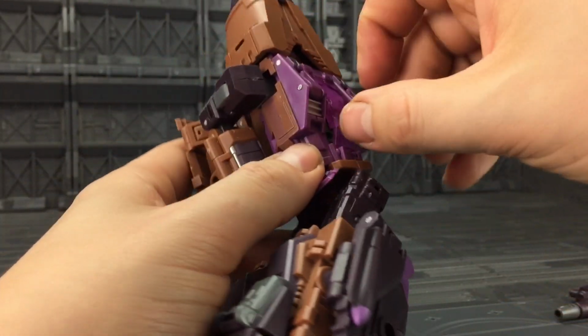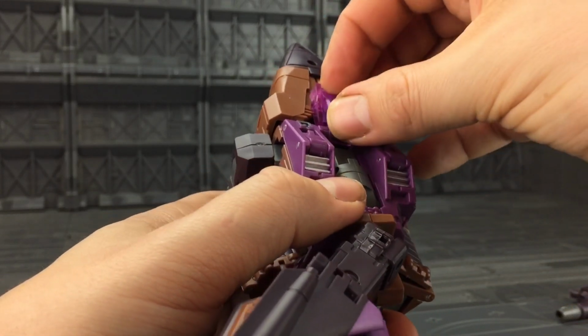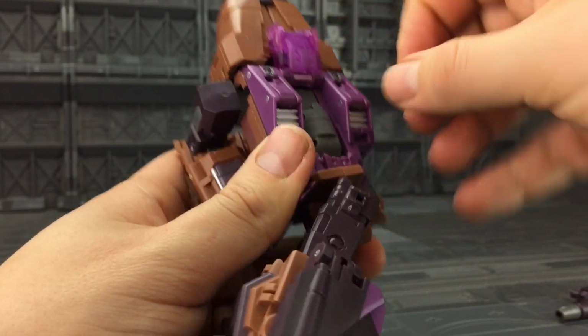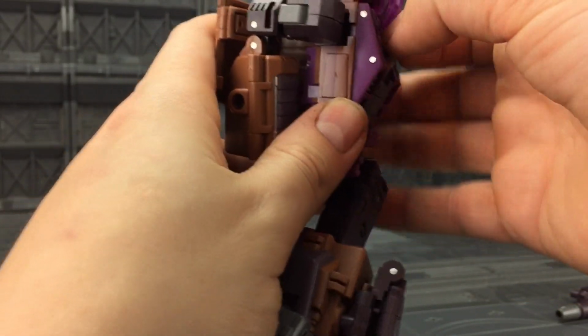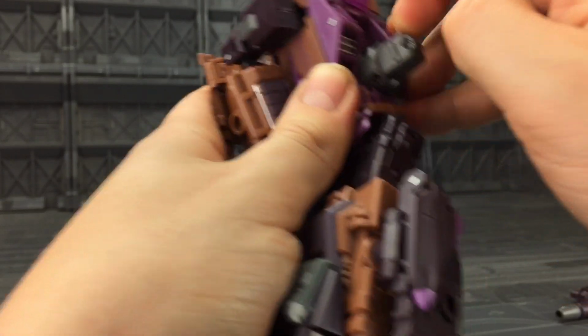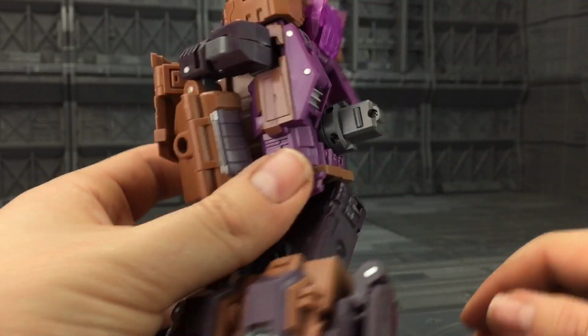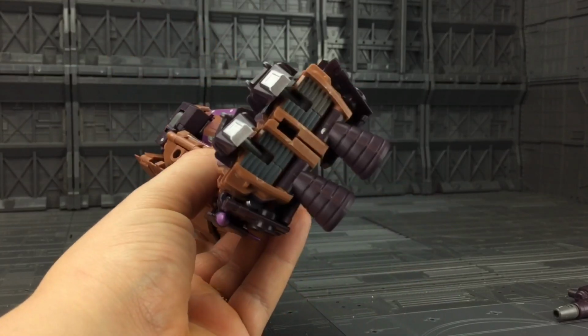You then come to this translucent section, flip this up, that goes all the way up to the top, then it bends back down on itself. Then you want to really struggle to get the peg out. There it is. There is the peg. Now that, I believe, was the official Warbotron